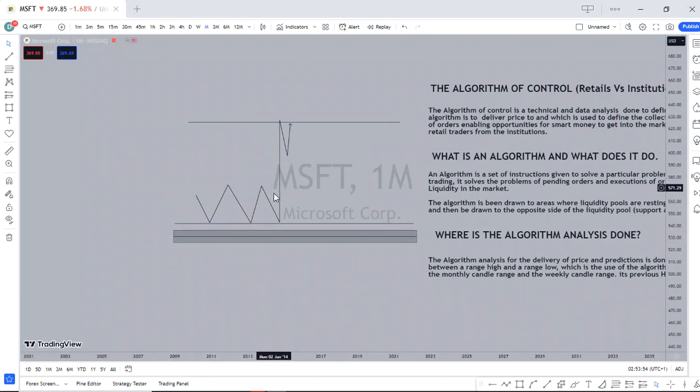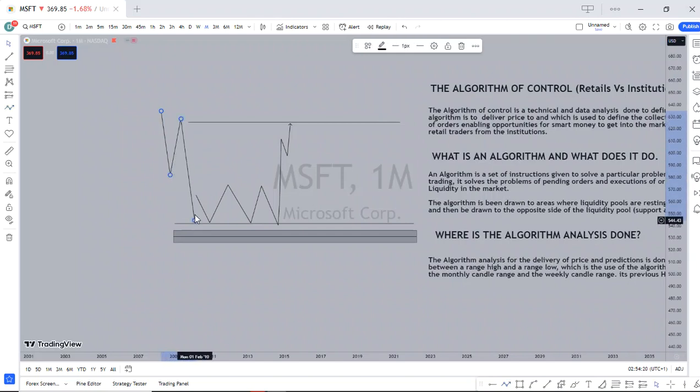Now, what the algorithm will have to do is that, first of all, it executed the buy orders, like we, the retail traders, are buying from this area of support, right? Now, where is it drawn to? Why is it buying into? I want you to go to your chart and do this analysis. You will notice that the buying that is happening right here is going to an area where we're having sell side imbalance, all right?